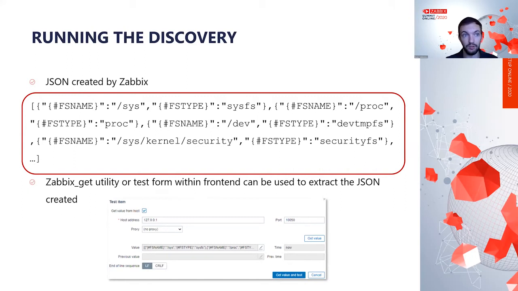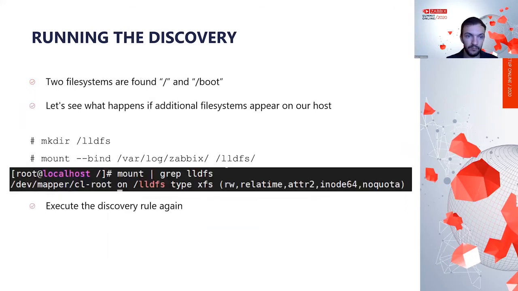So you will be able to see just that as well. All right, so we noticed that there are two file systems that have been found. So the root and root. Okay, that's fine. Now let's take a look at how our low-level discovery is going to behave if we're going